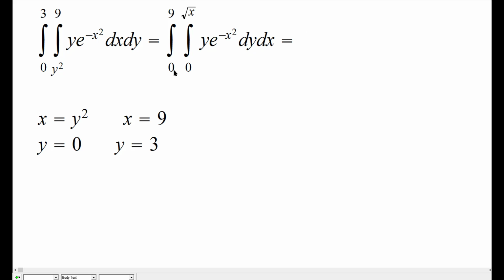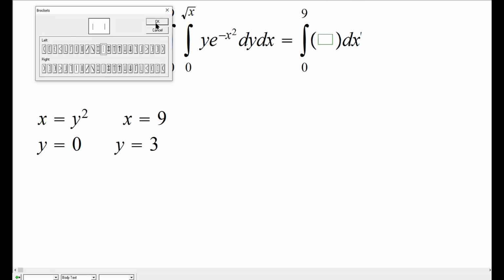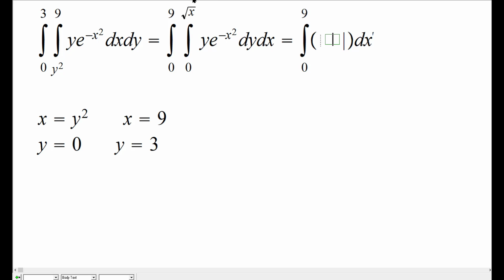So the inner integral, let me put that in parentheses, and outside we have dx. That integral is going to be y squared over 2, and e to the negative x squared, which we treated as a constant, and the upper limit is square root of x,